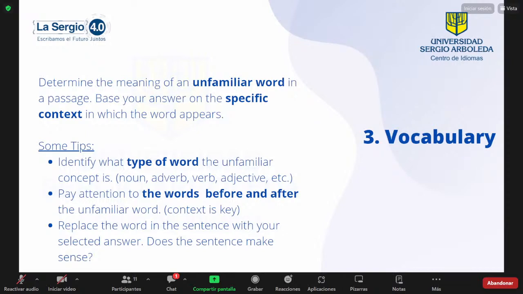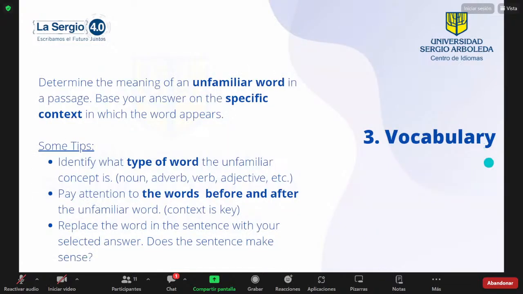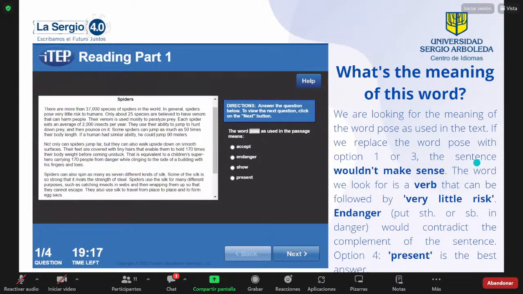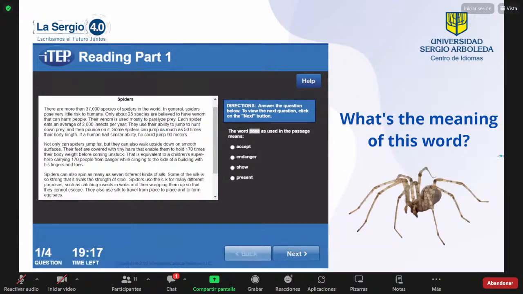Guys, these three types, main idea, vocabulary, and the last one, catching details, are the easy ones. Those are the ones I want you always to have correct, okay? Because you would always get them right. So here, let's do this one. This is the one of vocabulary. So 2 minutes, you write A, B, C, or D.